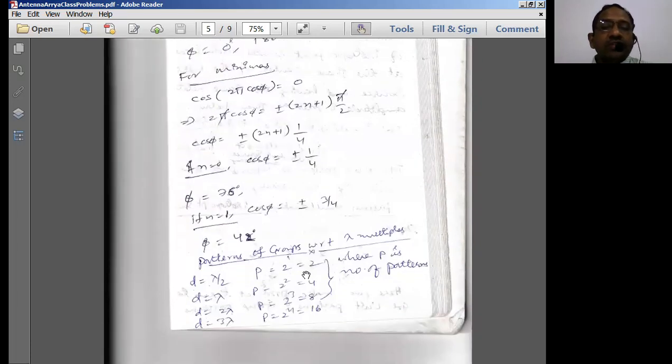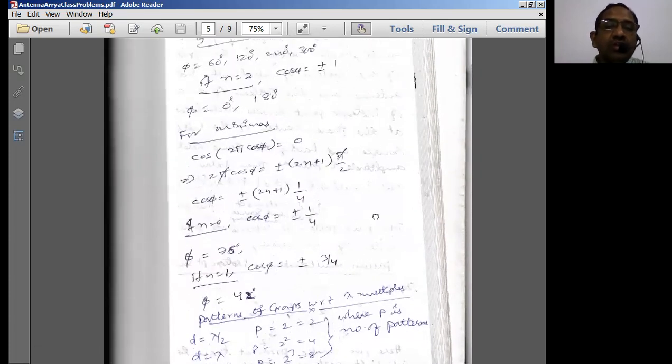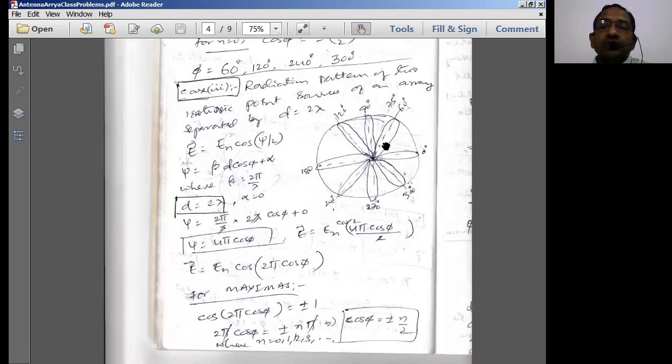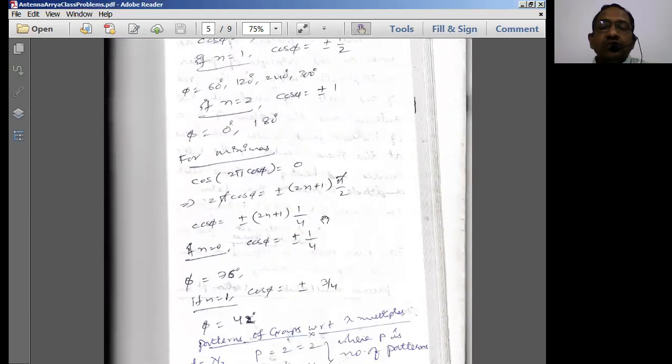Similarly, for minima we can go ahead and get the appropriate angles as well. And you have to draw all these minima also, like phi is equal to 76 degrees, phi is equal to 42 degrees. You have to show it here also. So phi is equal to 42, 76. So these minima values also you just show by dotted lines.